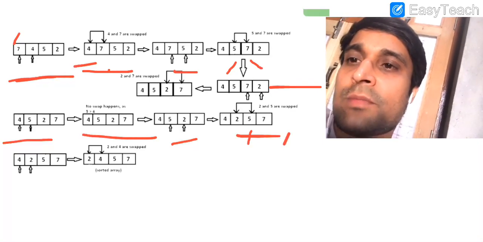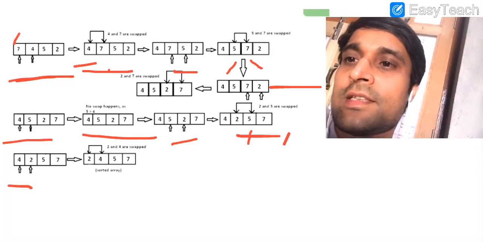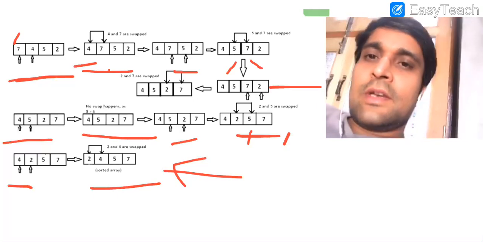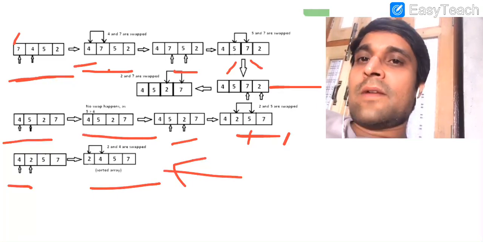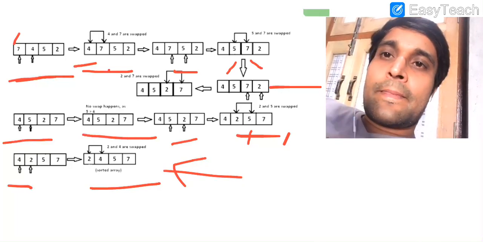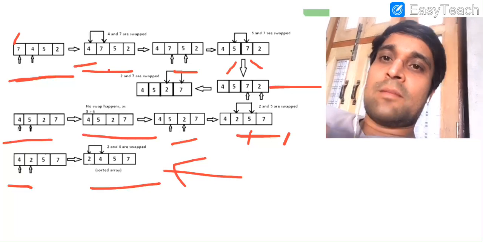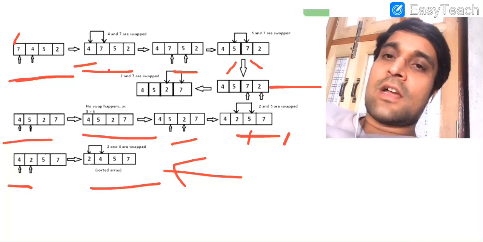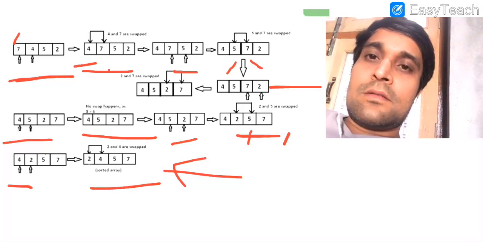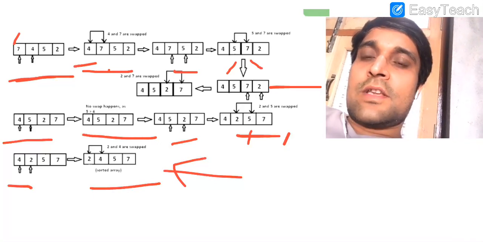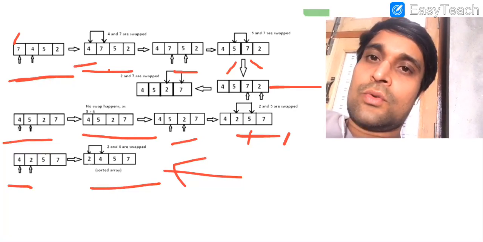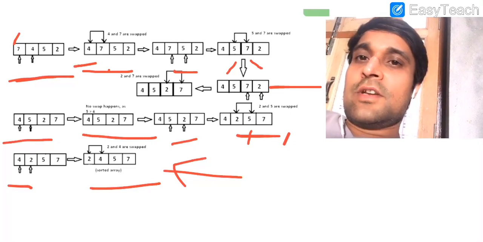Now again we start from the beginning, 4 and 2. 2 is less than 4, so the elements are swapped again and we get the final list. So this is the concept of bubble sort, that after every pass the element with the maximum weight, meaning the largest element, settles down at the bottom of the list. Let us understand the working of bubble sort by writing the program, and then we will show you the output of the program written by us here.